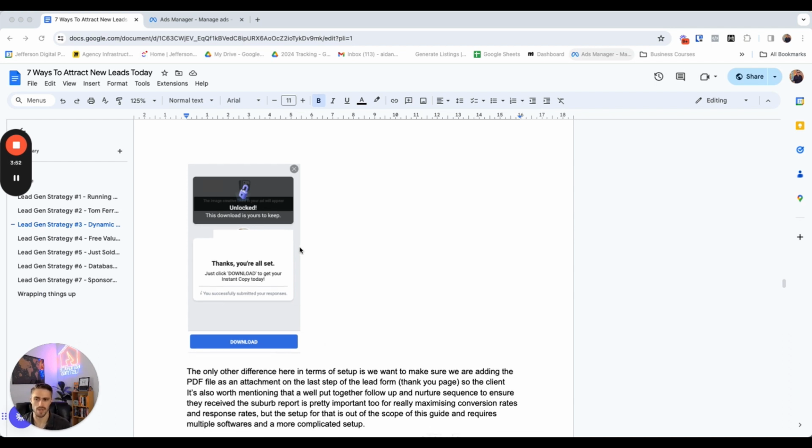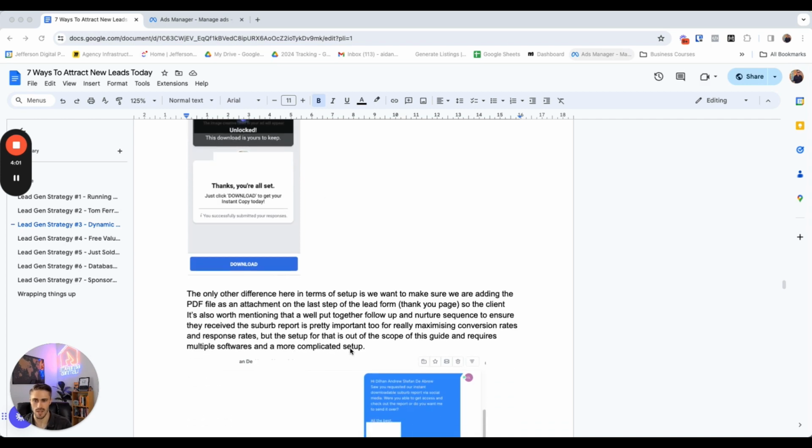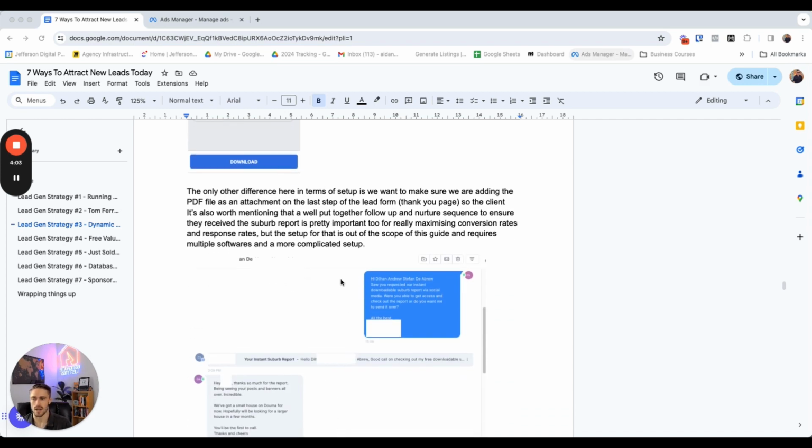So similar to how we set up the first price update ads, we're just going to go through, and instead of them having a booking page at the end, we can just have this download for the instantly downloadable guide. And yeah, just adding that PDF file as an attachment on the last step of the lead form, so on that thank you page of the lead form, as we went over in step 1 and that lead